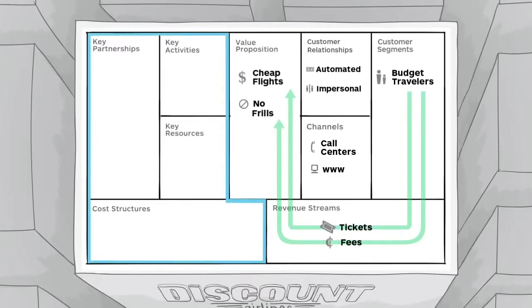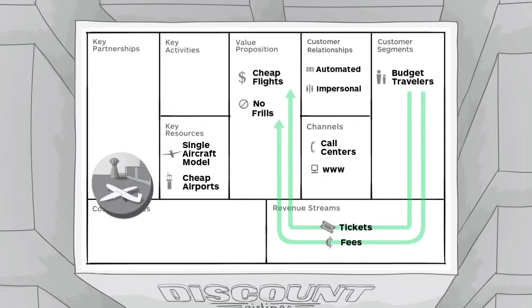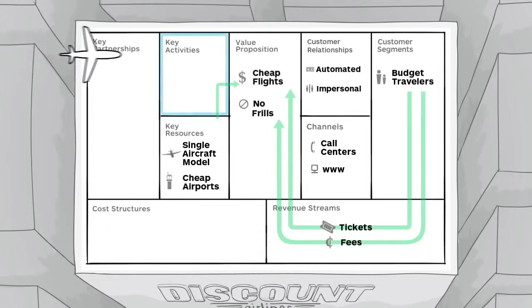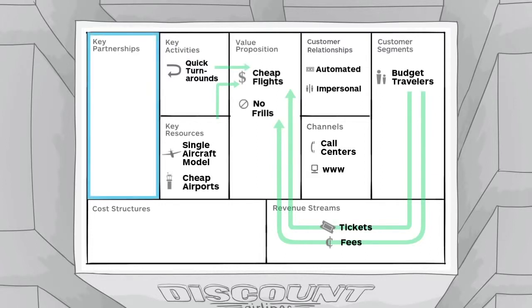The left side of the canvas is what's going on backstage. Like their choice of key resources, they reduce maintenance and training costs by using a single aircraft model for the whole fleet. And they only fly to cheap airports where it's cost efficient to land, or where they even get paid to touch down. Planes that do land have quick turnarounds, so they get back in the air earning money as quickly as possible. And they form key partnerships with others in the travel industry, like car rental, hotel, and